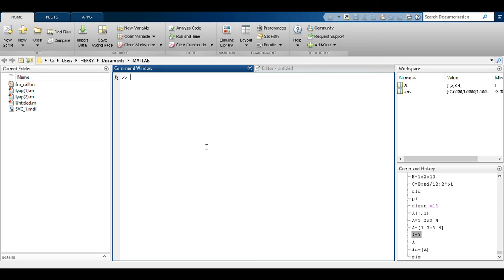In the next lecture, when we meet, we will try to do something in your editor window. Whenever you click on Simulink Library, it will take some time to open, or you can write Simulink right here. It is another command. If you write Simulink and just hit enter, you will get the same thing that we are getting from here.